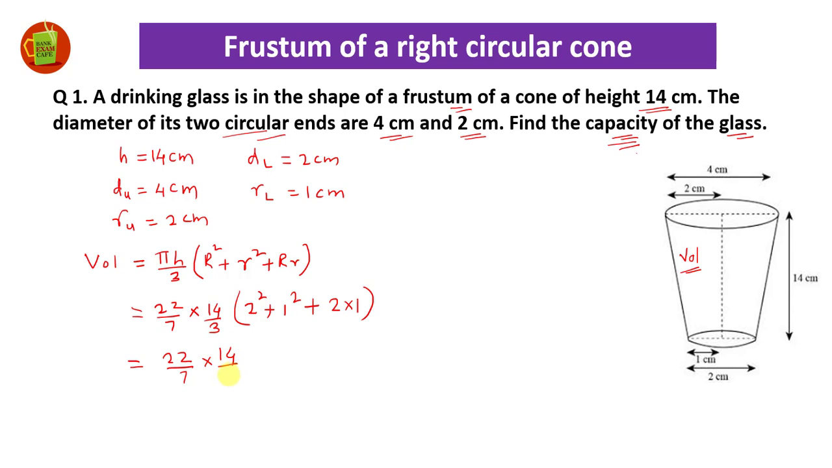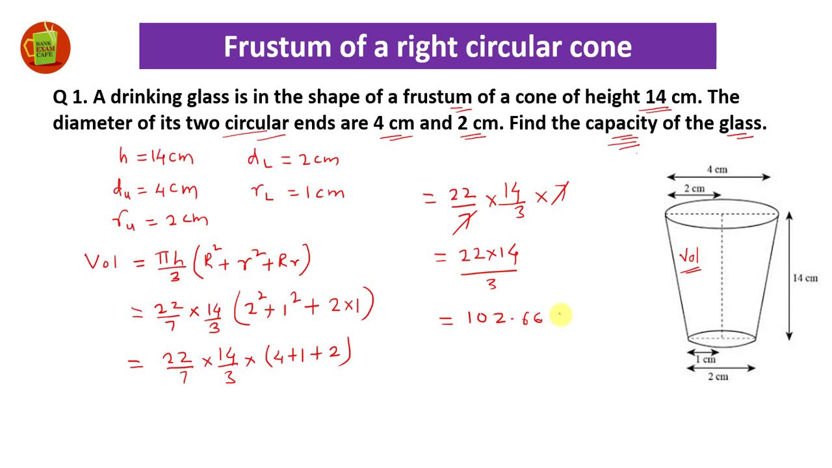So this is equal to 22 by 7 into 14 by 3 into bracket: 2 square will be 4, 1 square will be 1, so it will be 4 plus 1 plus 2 ones are 2. So this together will be 7. So it is equal to 22 by 7 into 14 by 3 into 7. This 7 and 7 will get cancelled, and here we will get 22 into 14 by 3, and if you solve this, you will get